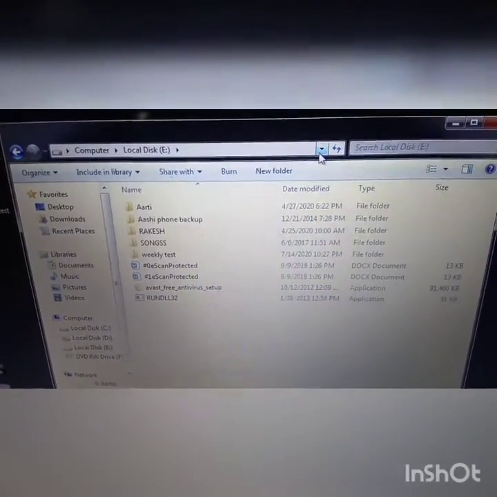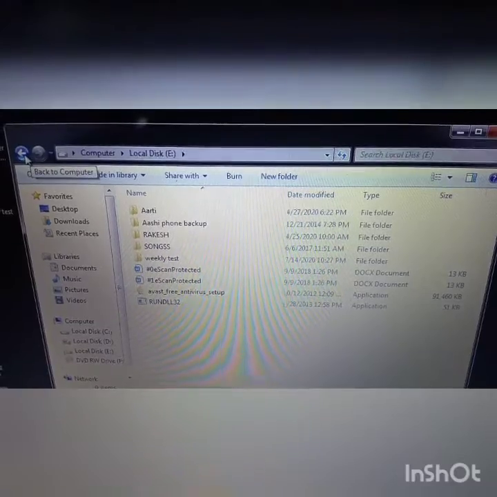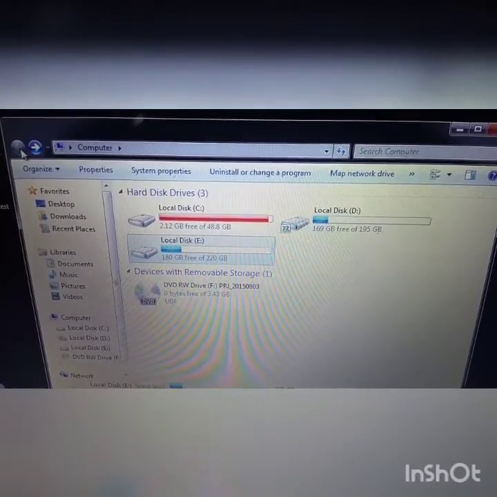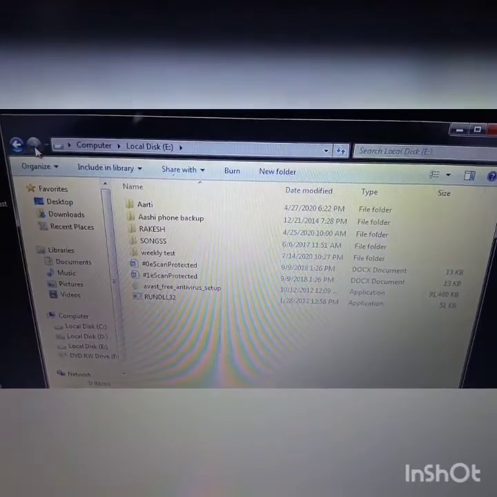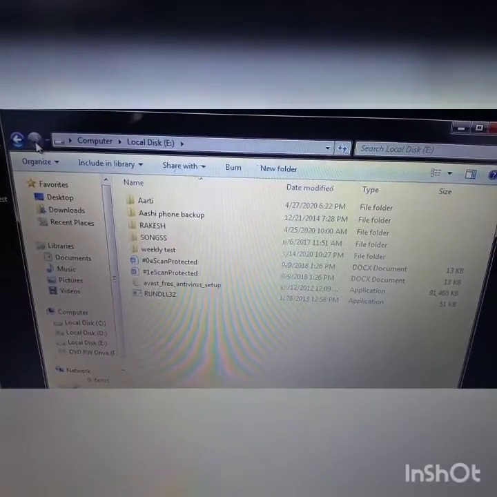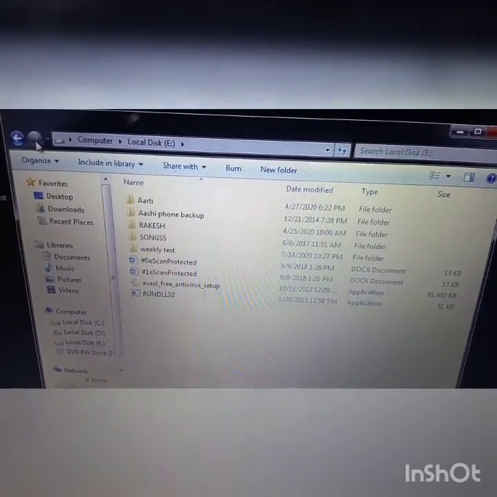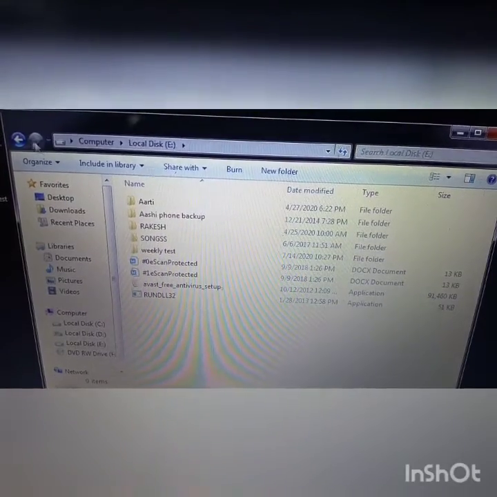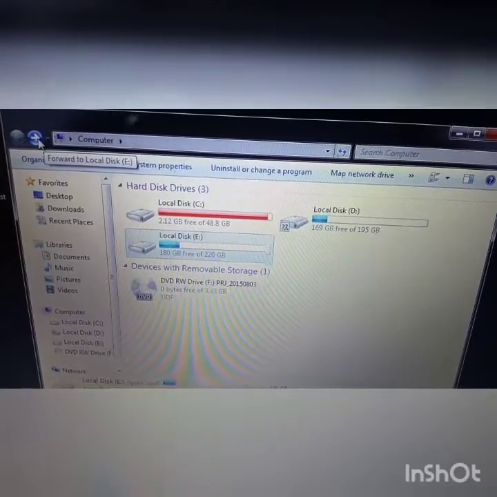Okay, back and forward button. This is our back and forward button. When you click, you can go back. If you want to go forward, then you can easily go with the forward button. To navigate to another folder you have already opened, without closing the current window. I have not closed it, but I can go back and forward without closing.